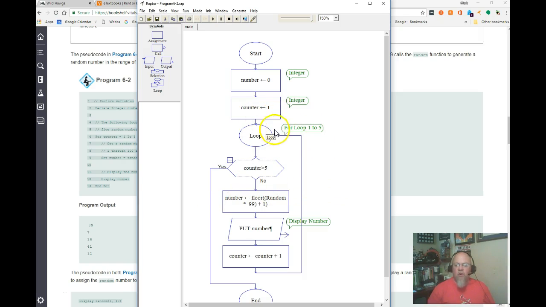This is a for loop. We're going to do for loop 1 to 5. So you say while the counter is greater than 5. So if the counter is greater than 5, we're going to basically get out. So remember, the